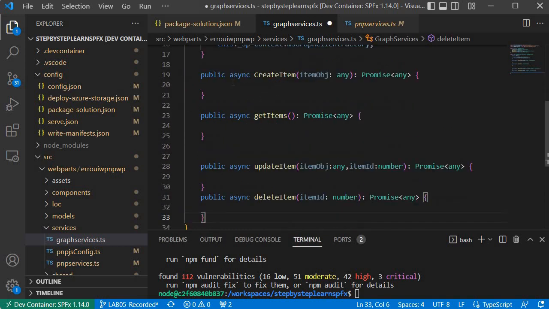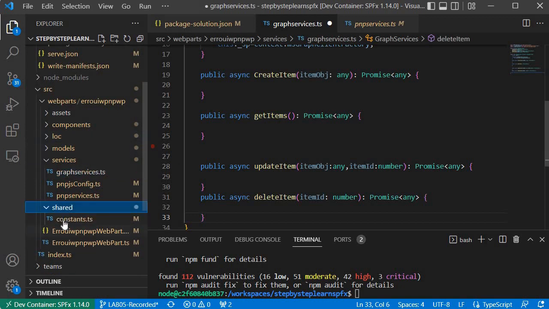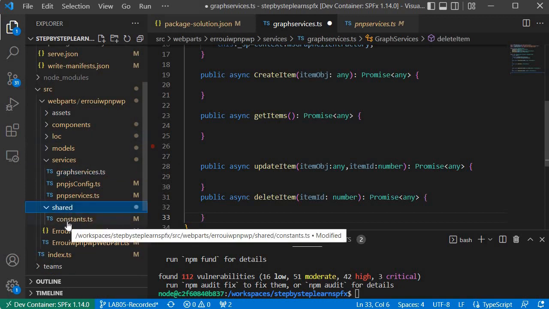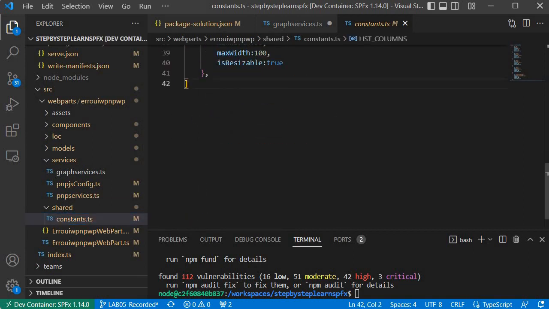So now we will start implementing all these operations one by one, but prior to that we need to define some of the constant variables. Why constant variables? That you will come to know in a while. So let's do it. To create the constant variable, I will go to the shared folder, and over here, if you remember that we have created the constant file, and within that I am going to create constant,